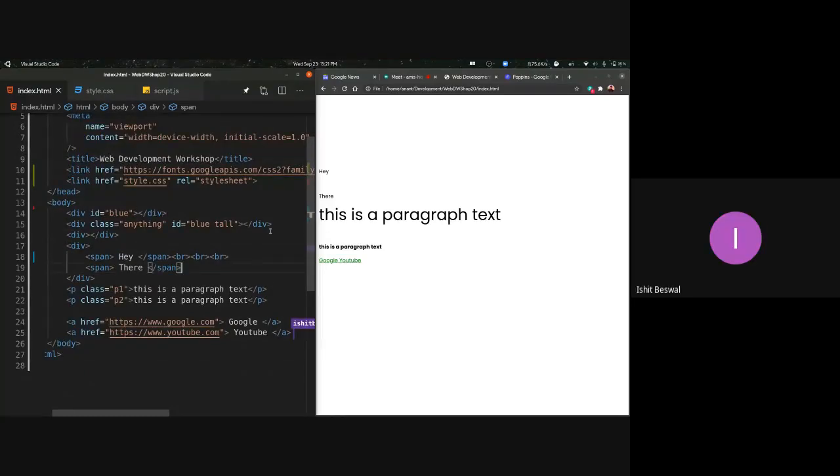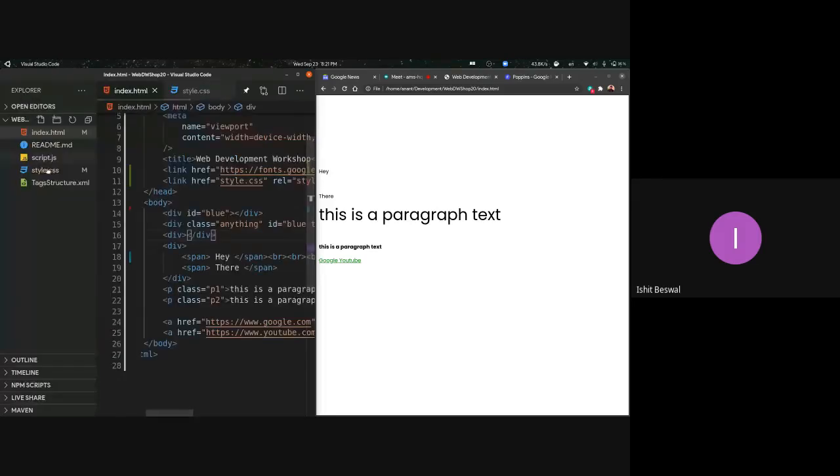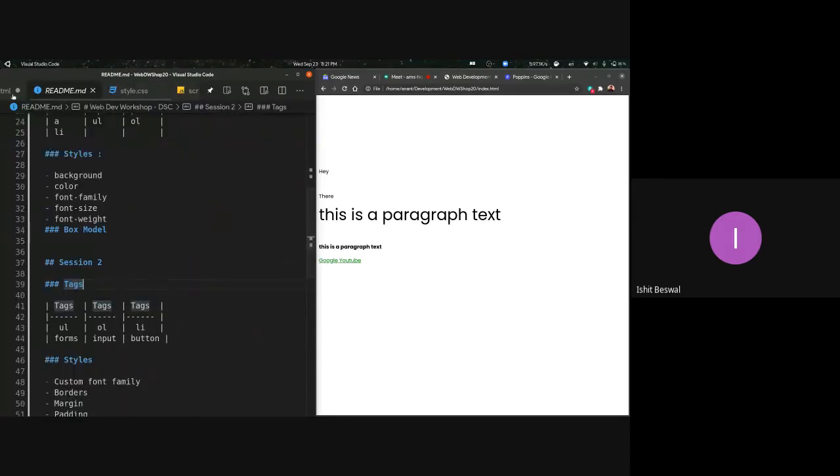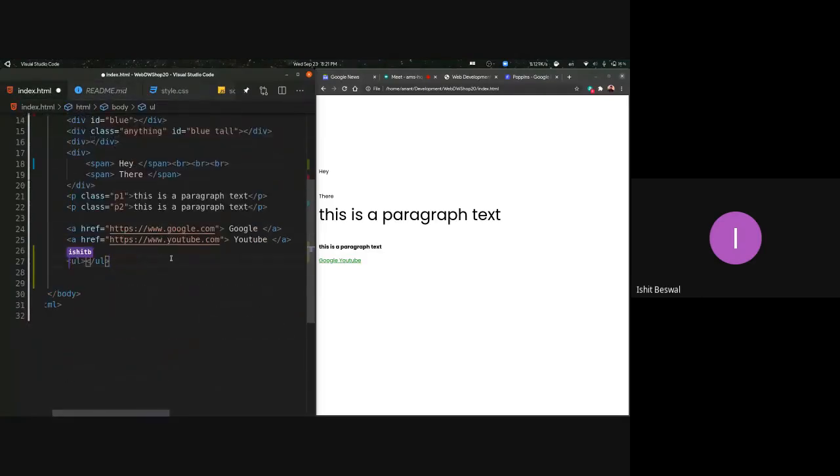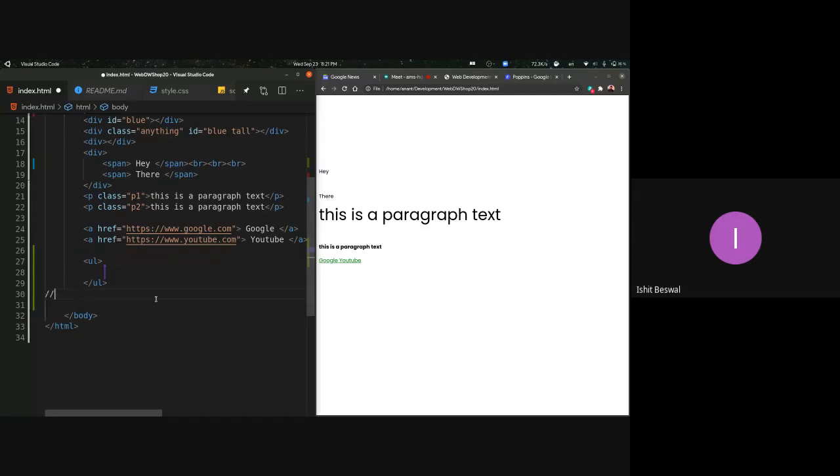So the next thing we wanted to cover was the tags for displaying a sort of list, right? So there are mainly two tags which you can use to display lists. The first one is UL, right? So UL stands for an unordered list. So what that means is whatever items you place in here won't have a particular order or number assigned to them. So to place an item in a list, what you do is wrap them in another tag which is called an li tag, which is short for a list item, right?